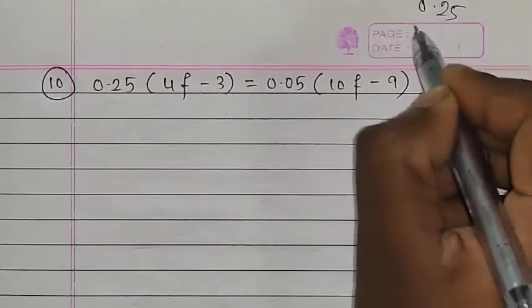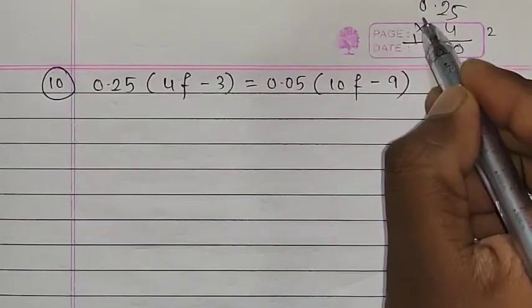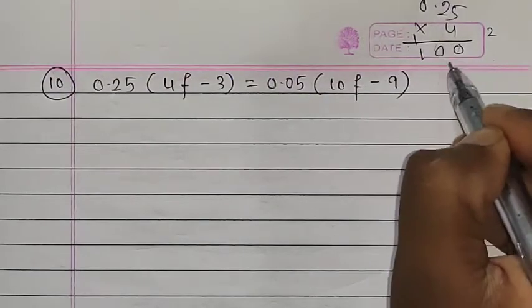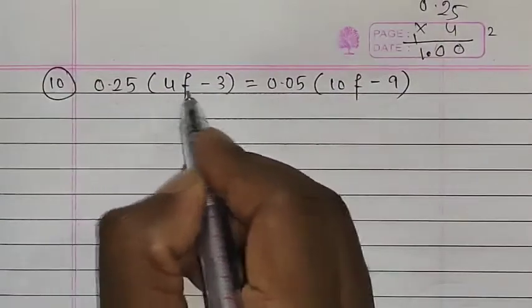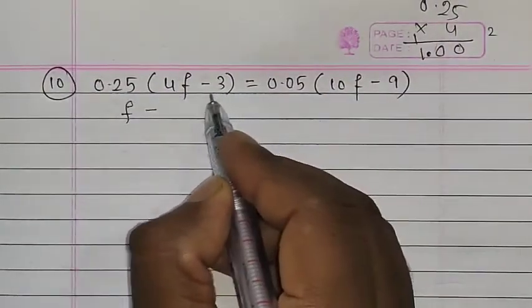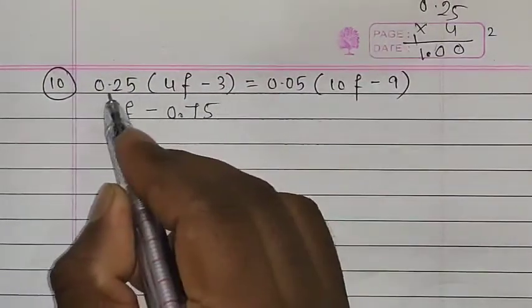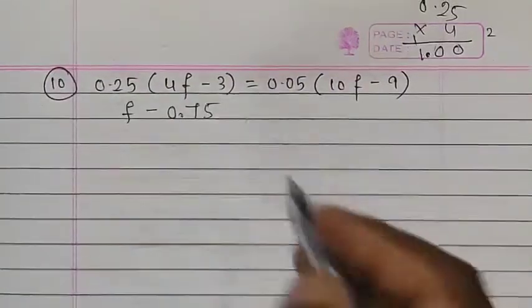0.25 into 4. 4 5s are 20, 2 carry. 4 2s are 8, 8 plus 2 is 10, 1 carry. 4 0s are 0, but 1 is remaining, so 1. After 2 digits, the point, therefore 2 digits after the point means 1.00. Answer is 1. 1 into f is only 1f, minus 0.25 into 3 is 0.75. 25 3s are 75, 2 digits after the point, therefore 0.75, is equal to